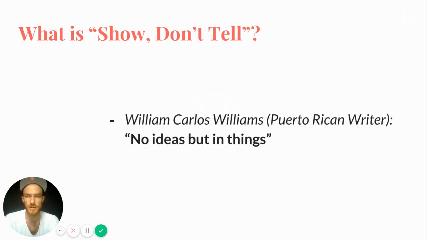A much shorter, but a little bit harder to unpack, way of thinking about show don't tell comes from William Carlos Williams. He was a Puerto Rican poet who grew up in New Jersey, and his way of expressing show don't tell was to say, no ideas but in things. And what he means by that is, if you're writing a poem, right, and you want to say, I'm mad at the world, I'm mad at the world is not a very good poetic line, right? Instead, start off by talking about a thing that shows how angry he is with the world, say